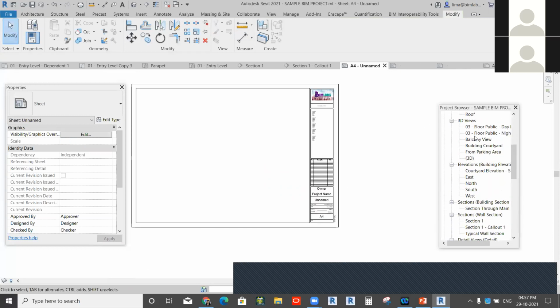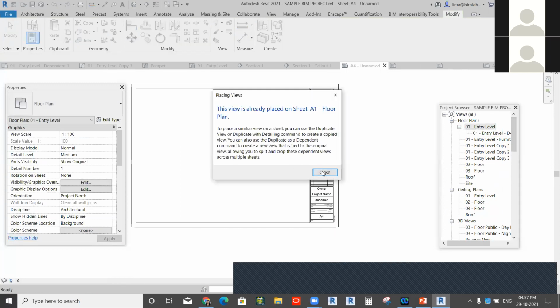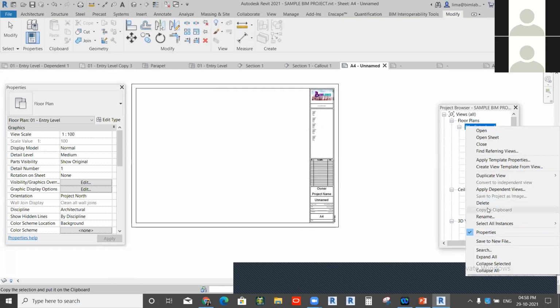You can simply drag and drop. So already this view is placed in another sheet. That's why I'm just duplicating that item.